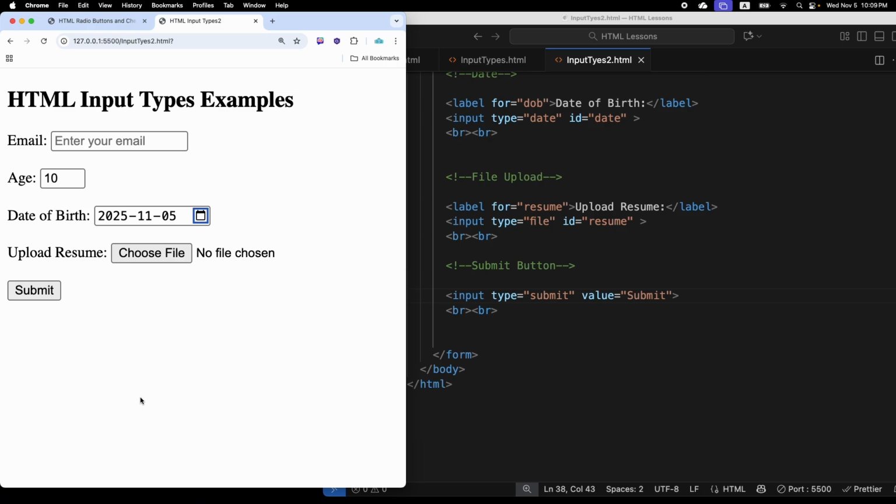In the next video, we will learn text area, select drop down, and submit or reset buttons, which will complete our form